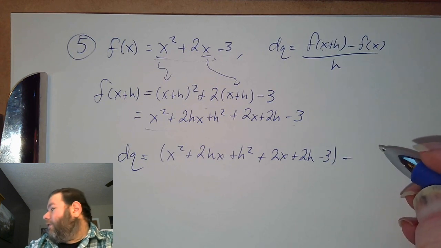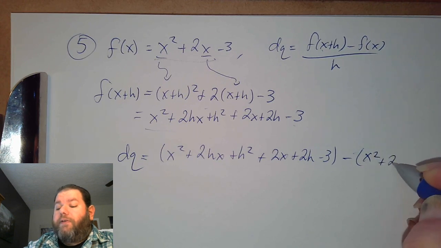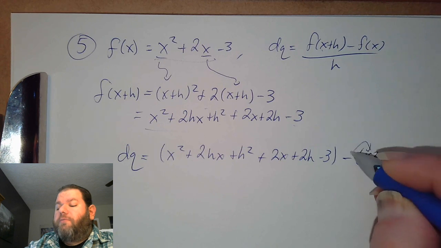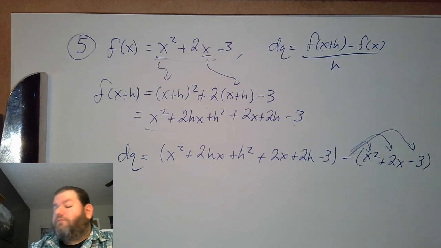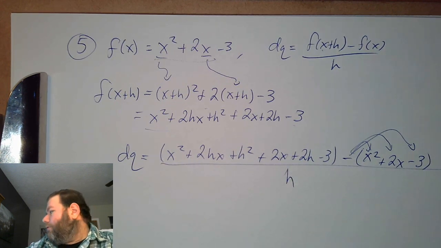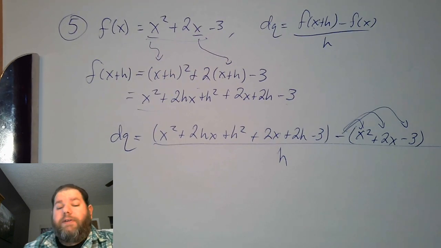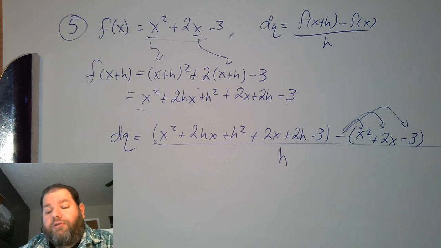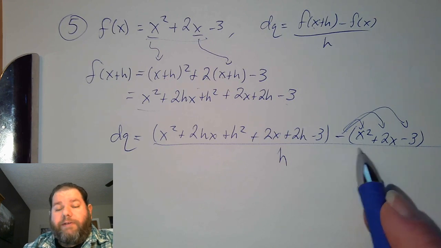We subtract f of x. And I go ahead and put them in parentheses because we definitely want this subtraction to distribute to all three of these terms. And then it's all divided by h. Now, what is nice about working with a quadratic polynomial is that all of these terms should cancel out